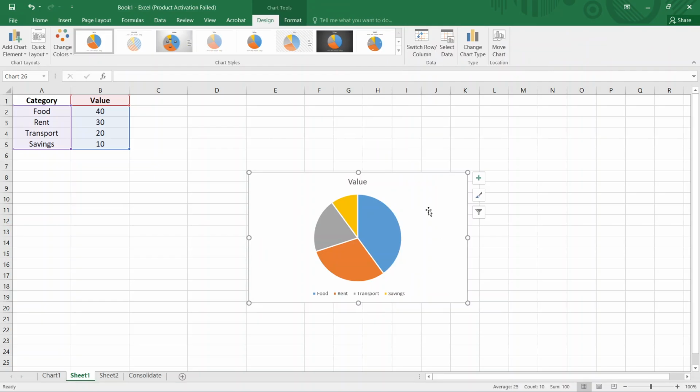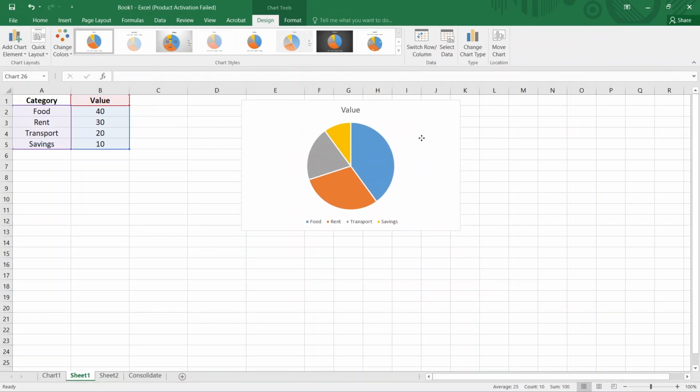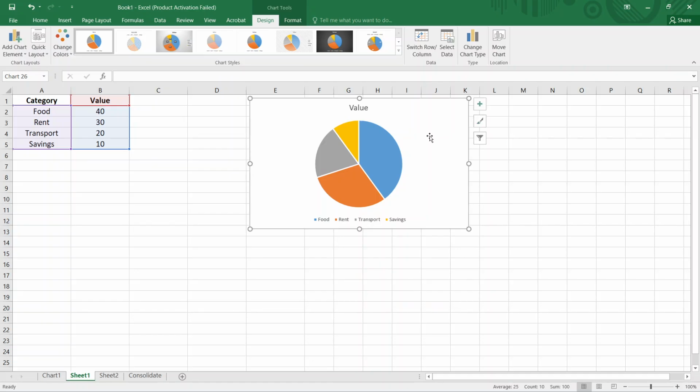Now that the pie chart appears, it's helpful to understand what you're seeing. Each slice of the pie represents one category from your data, and each slice shows that category's proportion of the full total, which is 100%. Categories with larger values will appear as larger slices, while categories with smaller values will appear as smaller slices. This makes pie charts especially useful when you want to compare how much each category contributes to the overall amount